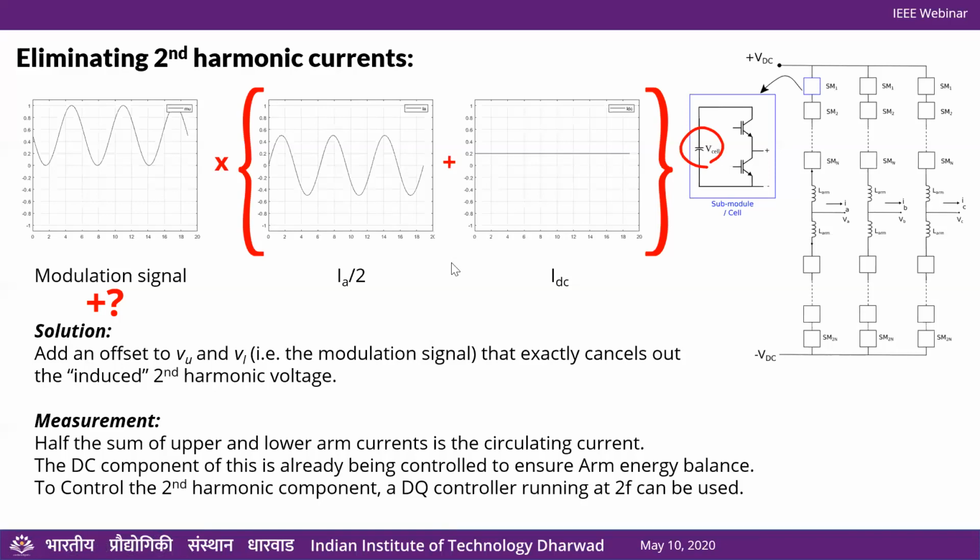So I advise you to look at some papers on MMCs for motor drives. They are attractive for industrial level, medium voltage motor drives. Okay. Next question